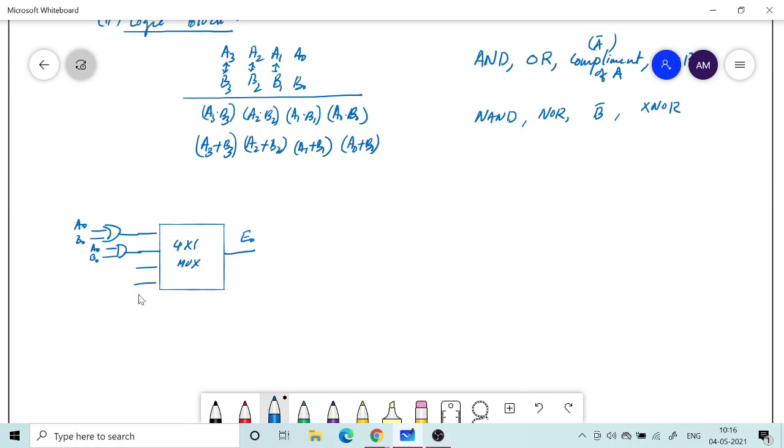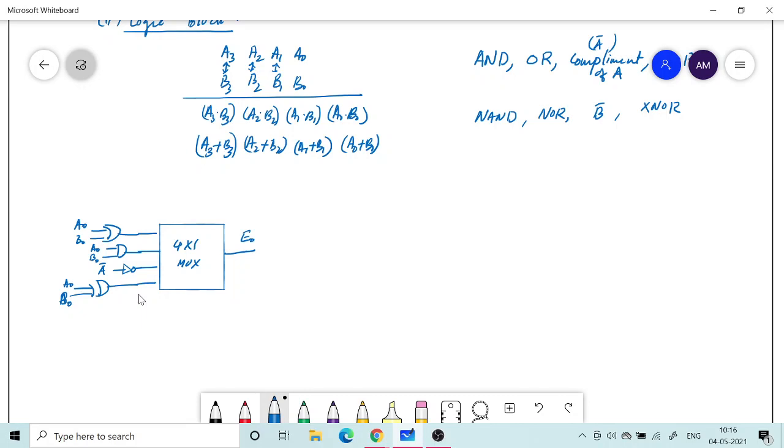So what I do is I just connect a complement, A bar, and then if I want XOR, I need to use an XOR gate here. So that is A0, B0. Okay.